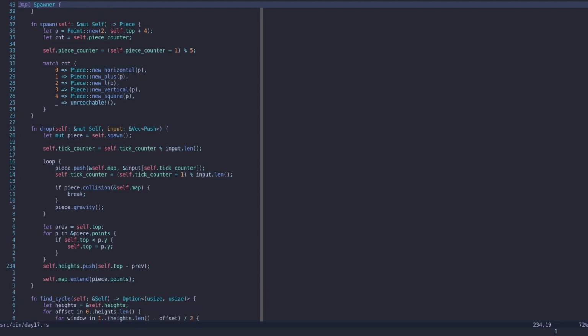And then we have to update the heights value. So basically in heights we add the new top minus the old top. So we use this vector as some sort of an identifier list of how much each piece contributed to the increase in height for the Tetris map. So basically we'll be able to use these values to find the cycle after which at some point the entire